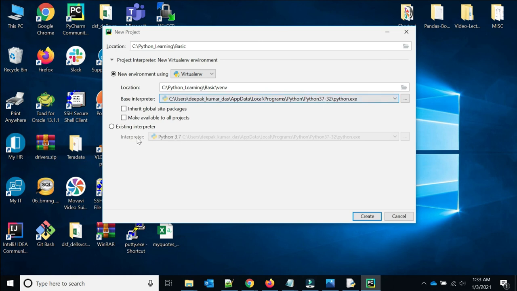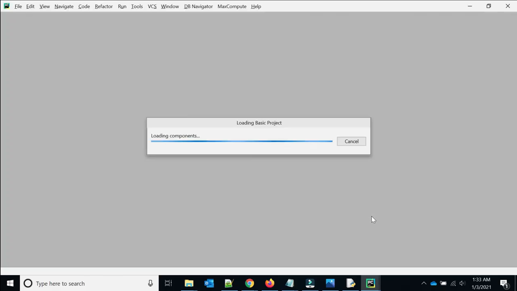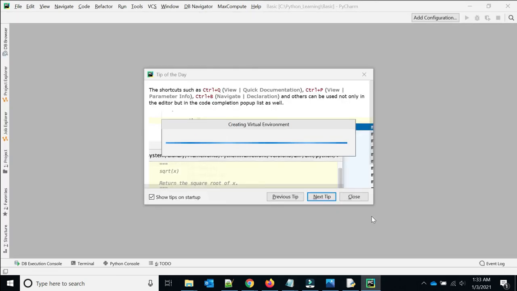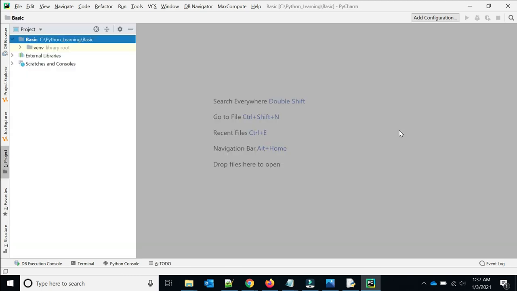Okay, and interpreter you need to choose this one, existing interpreter, automatically it is taking. Okay, now create. Just wait for some time because it will take initial time to set up the project for you. So it is creating the virtual environment. Now you can see everything is completed.